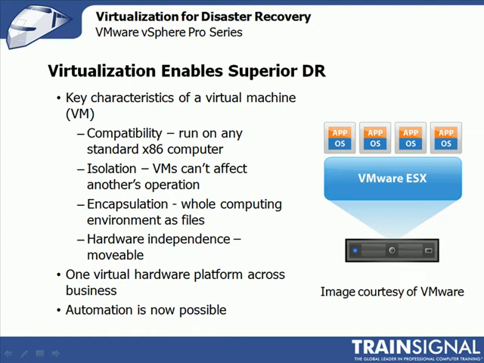Since all those components are encapsulated in files, we know what we can do with files, right? We're very versed as IT people in copying files, versioning files, and moving them,